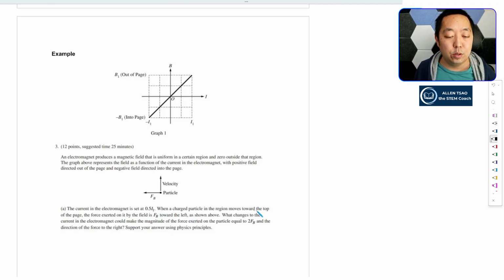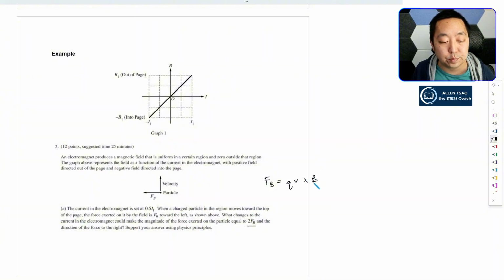When a charged particle in the region moves towards the top of the page, the force is FB towards the left as shown above. Okay, what changes to the current in the electromagnet could make the magnetic force equal to twice? Well, here is just kind of like the earlier part. This is the QV cross B, right? And so we have the velocity. It's perpendicular to the force, of course,